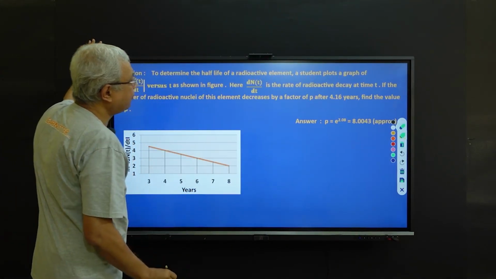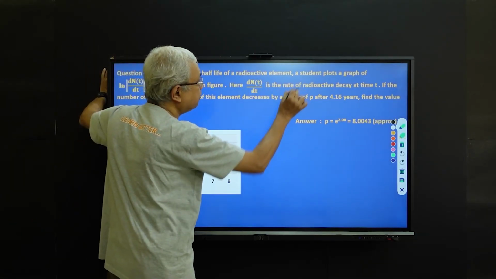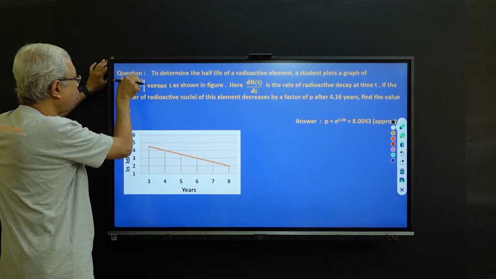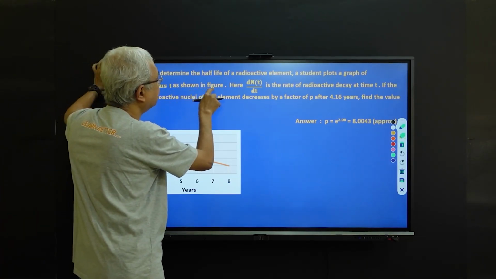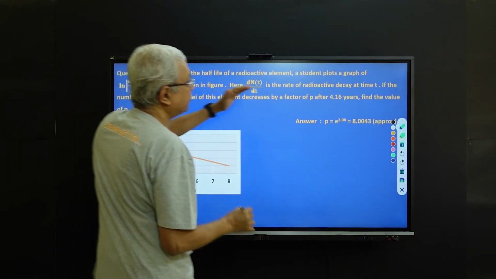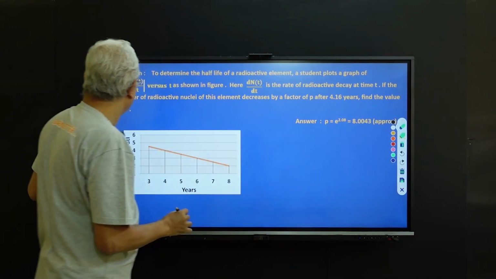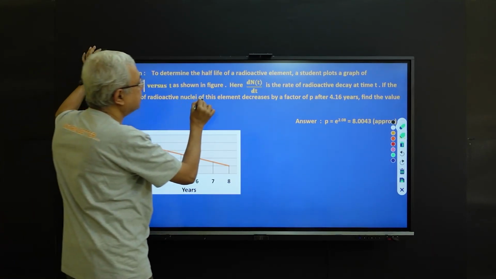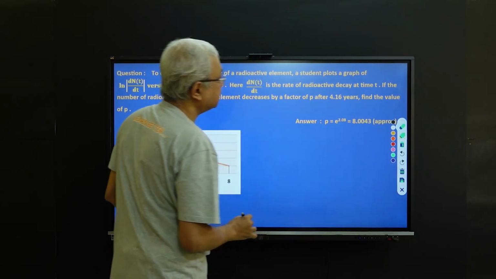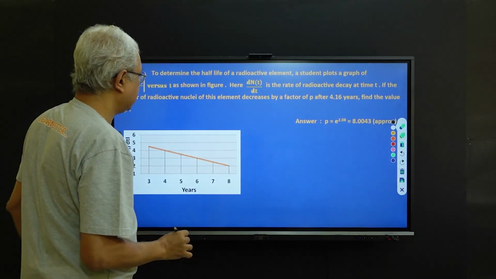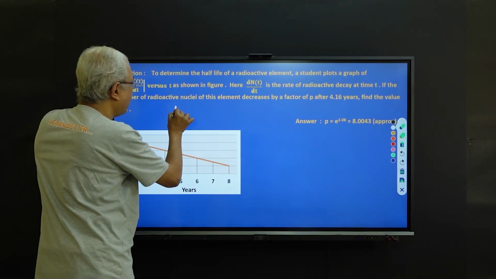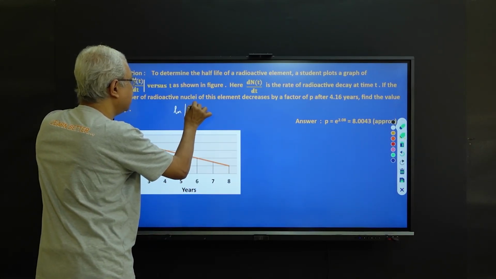To determine the half-life of a radioactive element, a student plots a graph of ln mod of dN/dt versus t as shown in this figure. Here dN/dt is the rate of radioactive decay at time t. If the number of radioactive nuclei of this element decreases by a factor P after 4.16 years, find the value of P. So this graph is a plot of ln mod dN/dt